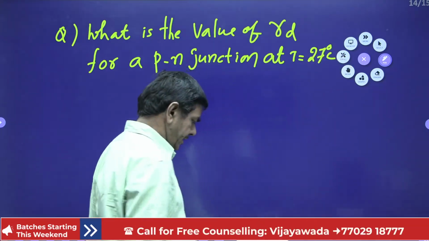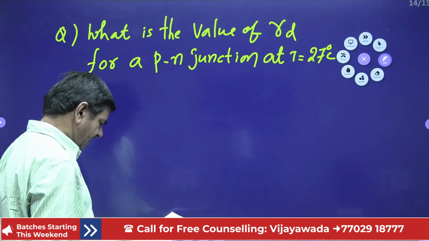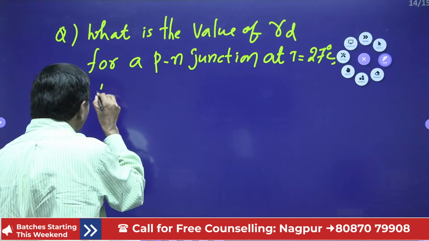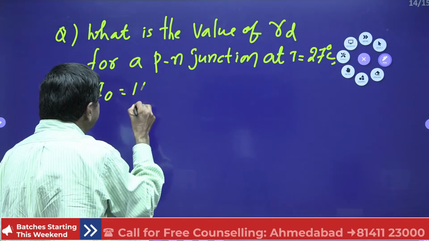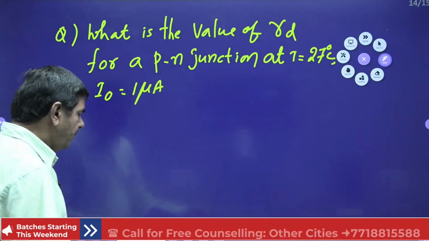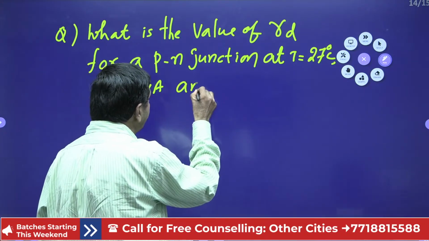I naught is given as 1 microampere. I naught equal to 1 microampere is given. And the forward bias voltage is